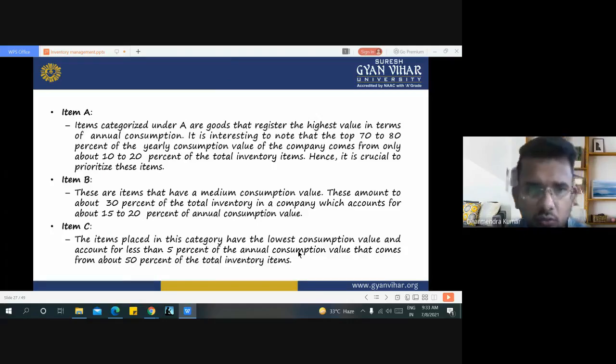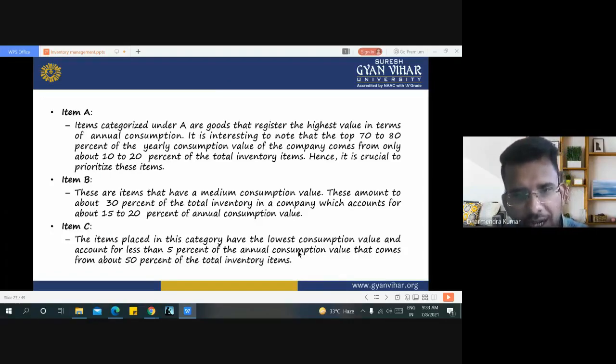Hence, it is crucial to prioritize these items. In items B, these are the items that have a minimum consumption value. These amount up to 30% of the total inventory in a company, which accounts for about 15 to 20% of annual consumption value. Item C,